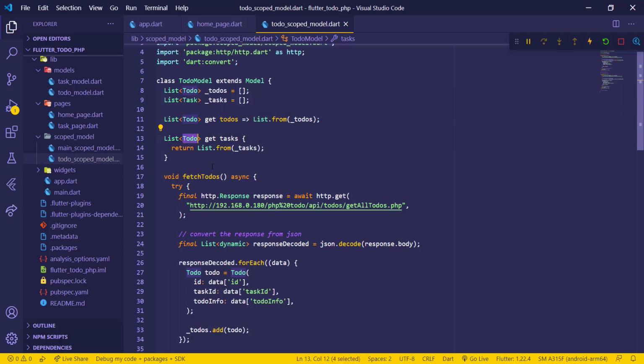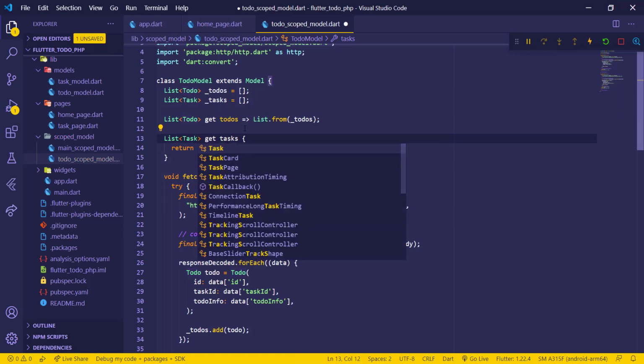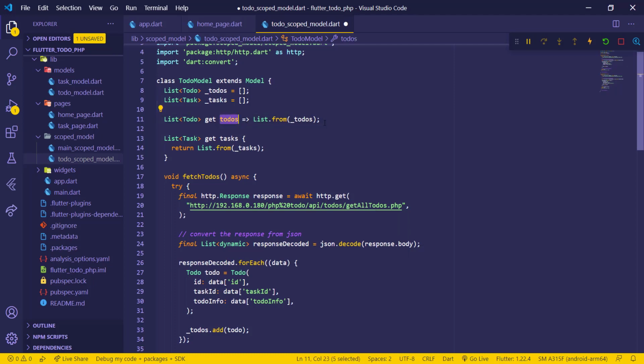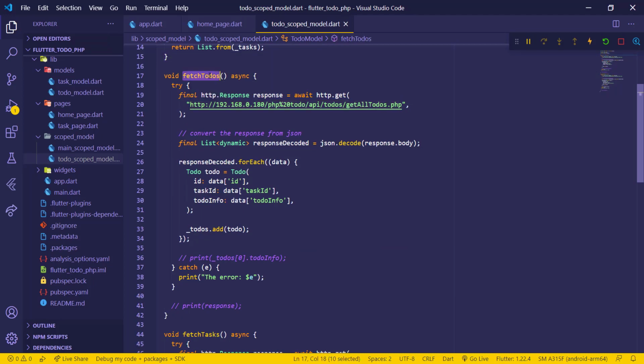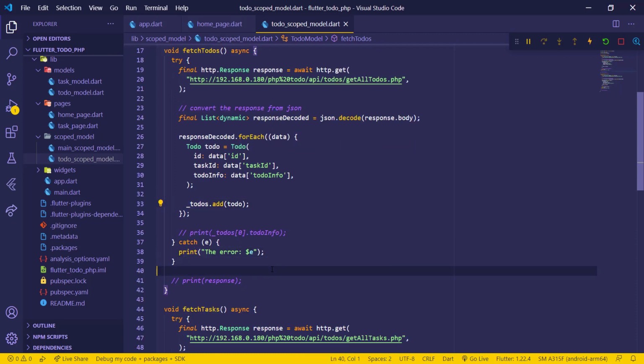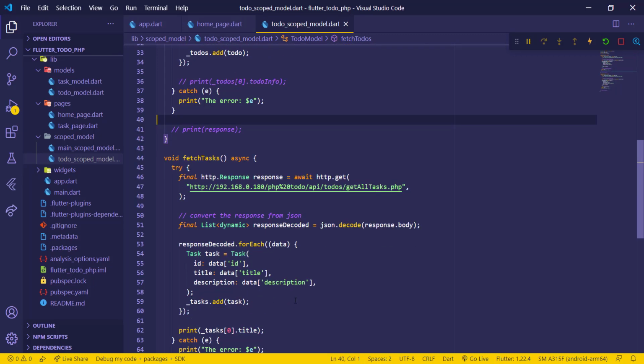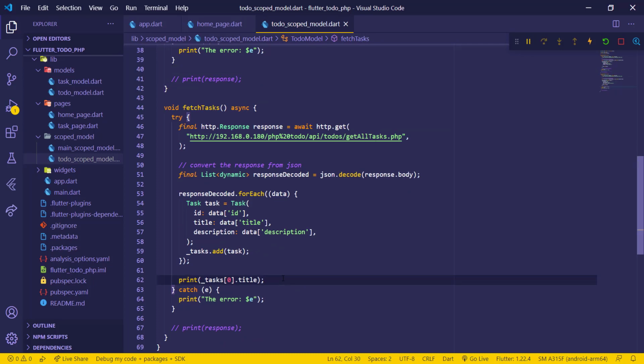So now here I will have to change this to tags, and let's see. I have todos. I have list that from todos. That's okay, and then this also from tags. That's okay. I save it. And then I have fetch todos. That makes sense. I add the todos to todo, and then I print error. That's okay. So I'm just making sure that everything makes sense at the moment. Save this, and